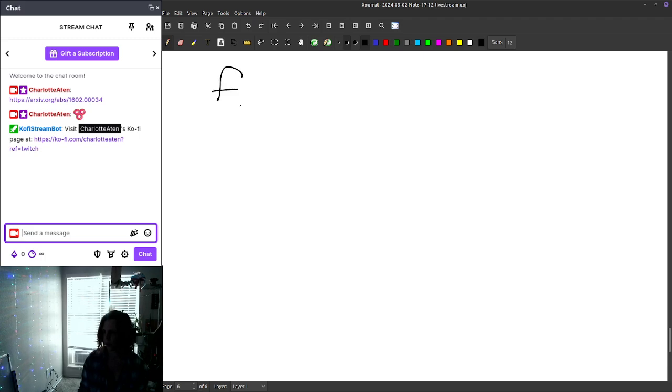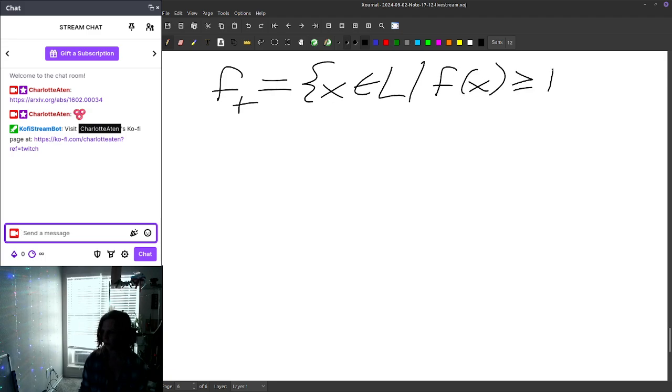So if I did f sub t, that's all of the x's such that f of x is greater than or equal to t, but we can imagine that maybe t is here, and we can choose